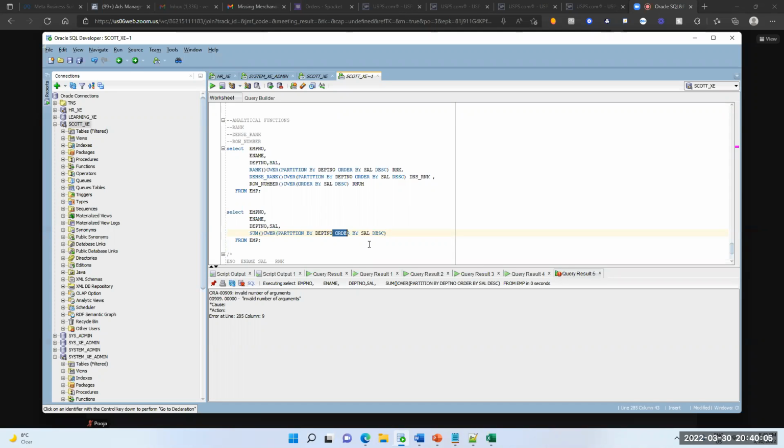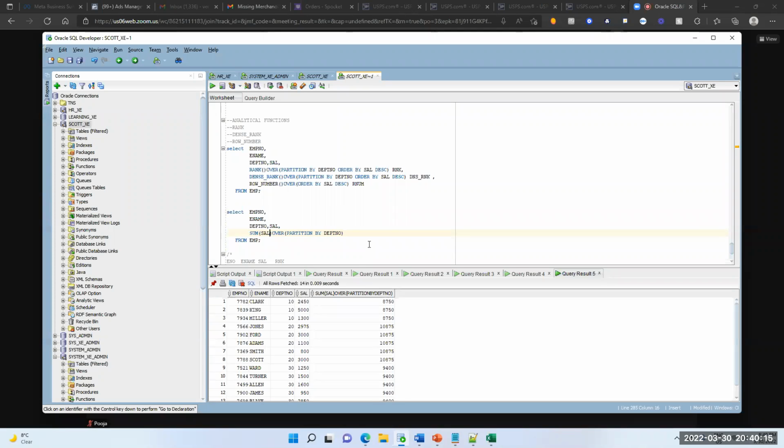Here you shouldn't write like this actually. See here, you can write like this also, sum of salary.